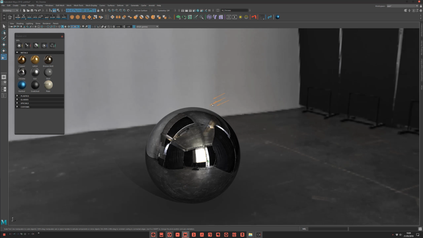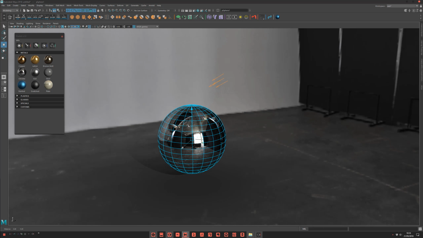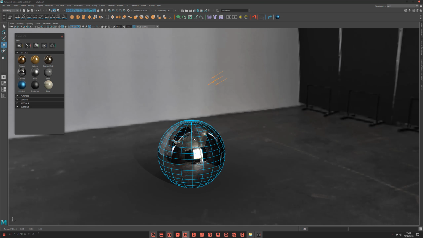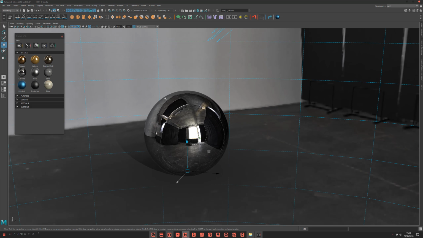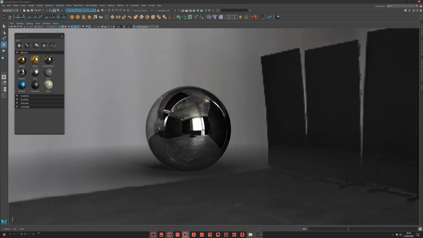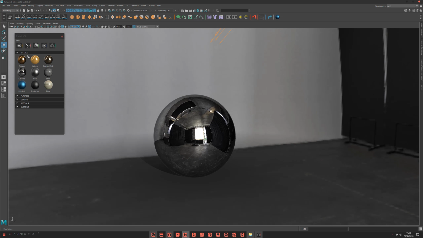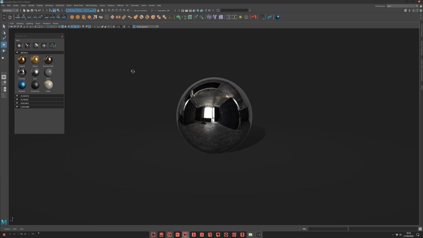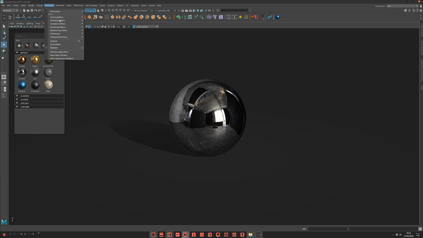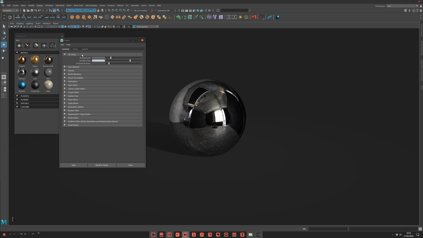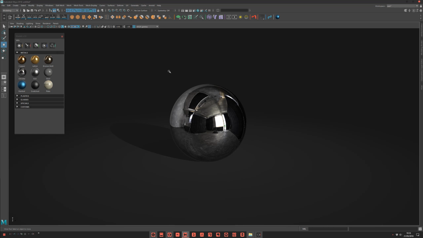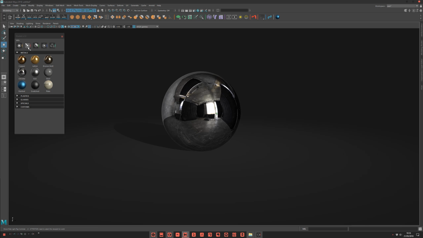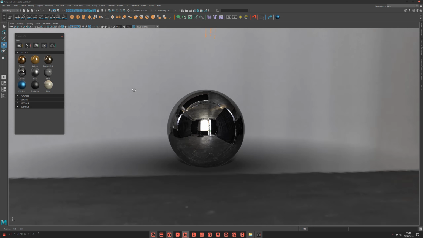Really nice. My sphere is a bit too big. Just be careful about penetration, and it's good. Nice. You see, it works really well. Of course, you can hide this, and you have something really clean to present your model. You just need to come in preferences, color setting, if you want to play with the background, you see, and you have something really nice. I will just reopen that.